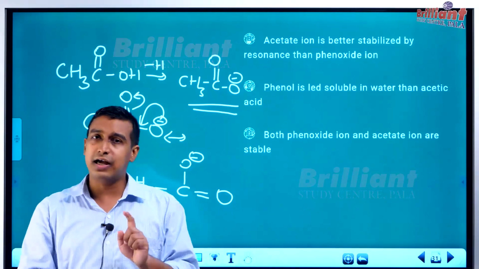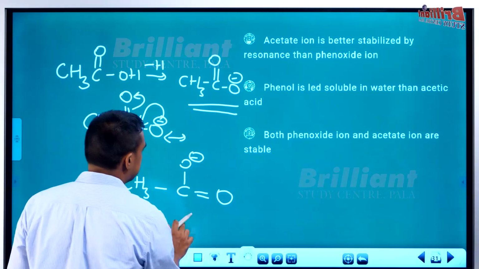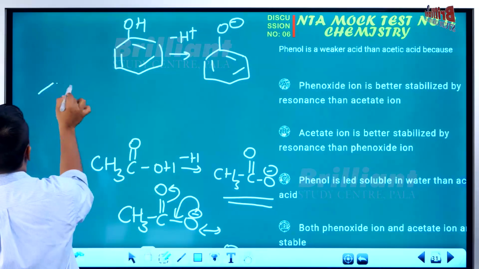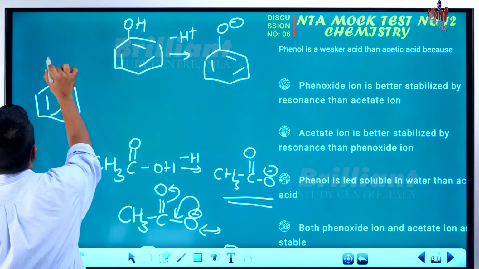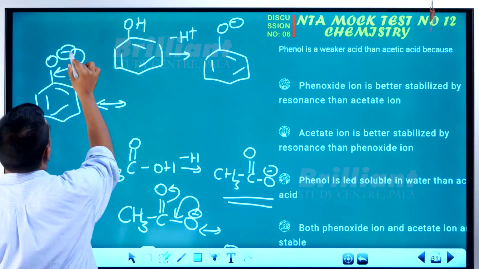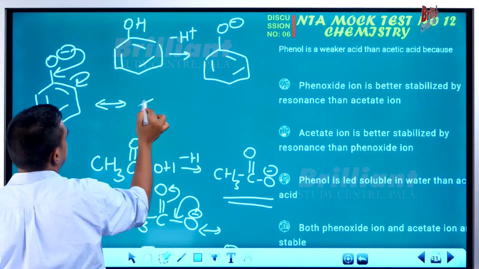അതേസമയം phenoxide ion കാര്യത്തിൽ, if we try to draw resonance structures, it comes like this. എല്ലാ സ്ട്രക്ചറും ഞാൻ വരയ്ക്കുന്നില്ല, രണ്ട് സ്ട്രക്ചർ വെച്ച് ഞാൻ ഐഡിയ തരാം. മൊത്തം 5 സ്ട്രക്ചർ വരയ്ക്കാൻ പറ്റും. ഈ നെഗറ്റീവ് ചാർജ് ഇങ്ങോട്ട് കൊടുത്തു, അപ്പൊ ഈ പൈ ബോണ്ട് ഇങ്ങോട്ട് ഷിഫ്റ്റ് ചെയ്തു,